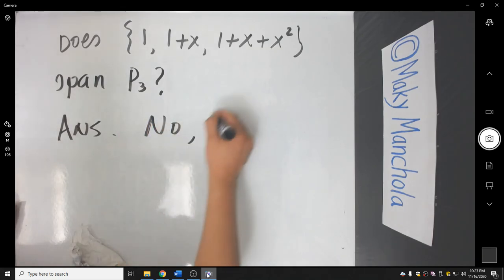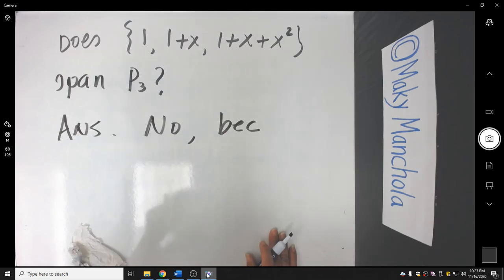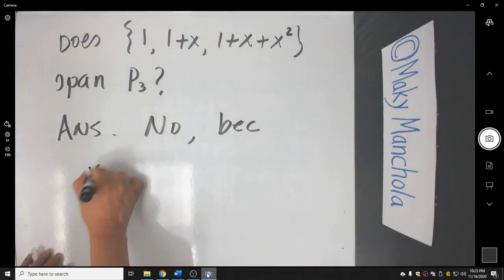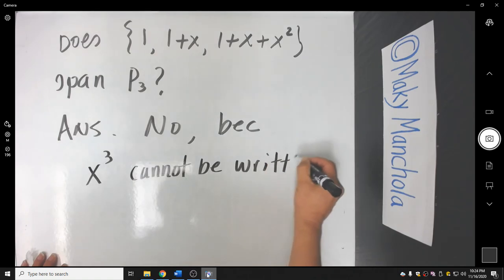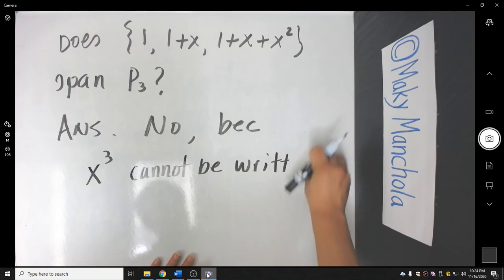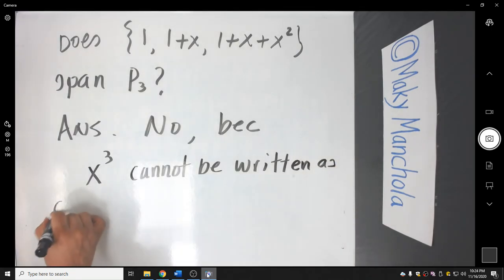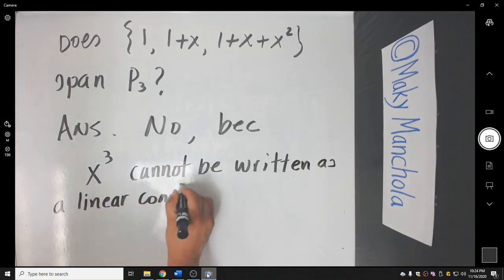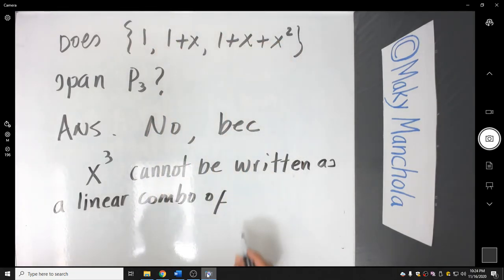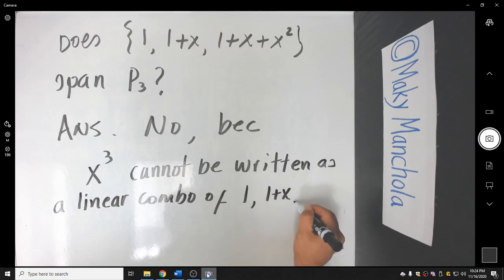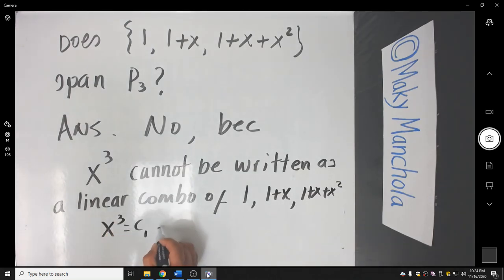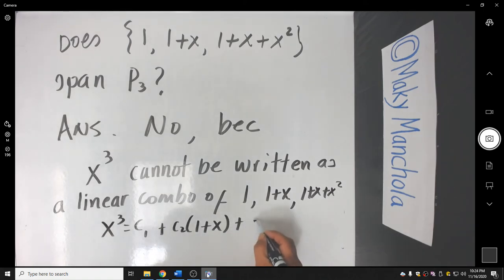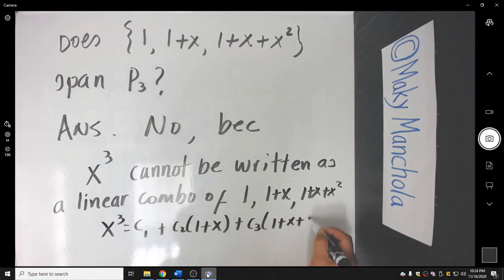Answer, no, because now, all I have to do is think of a polynomial of degree 3. There's no way I can express it as a linear combination of those, because something as simple as x cubed cannot be written as a linear combination of these 3. It's impossible. If I say x cubed equals c1 plus c2 (1 plus x) plus c3 (1 plus x squared),